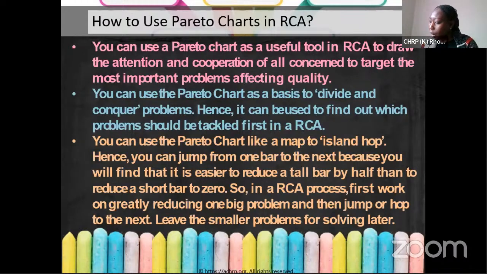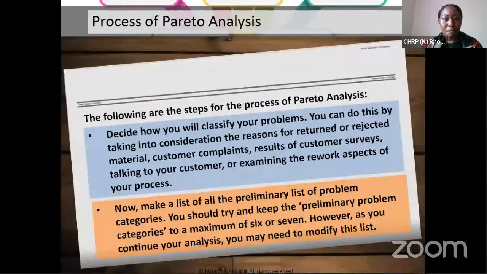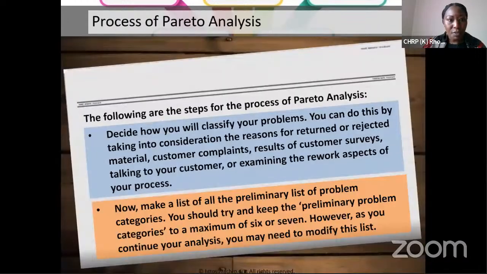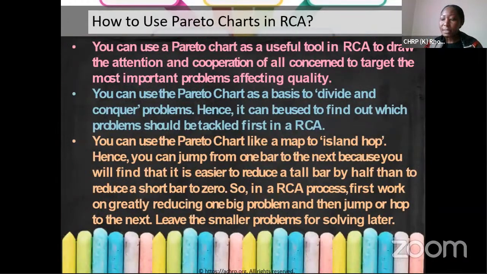How do I sum it up? I can sum it into what I call 7 points, just 7 points. The first one,